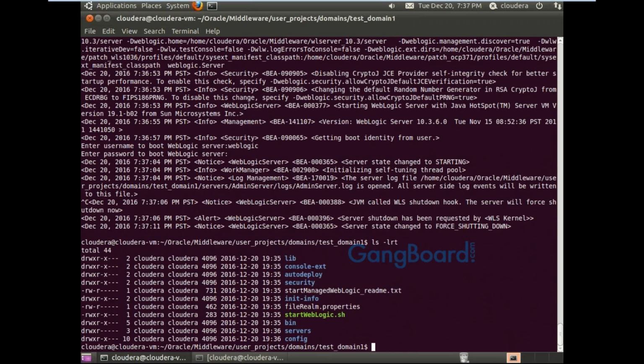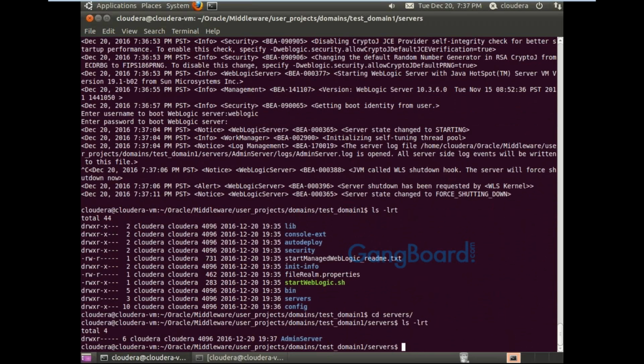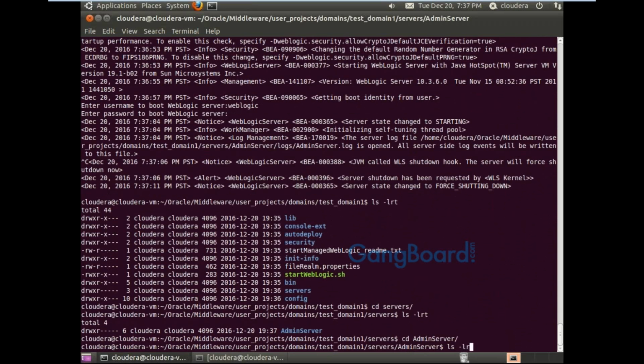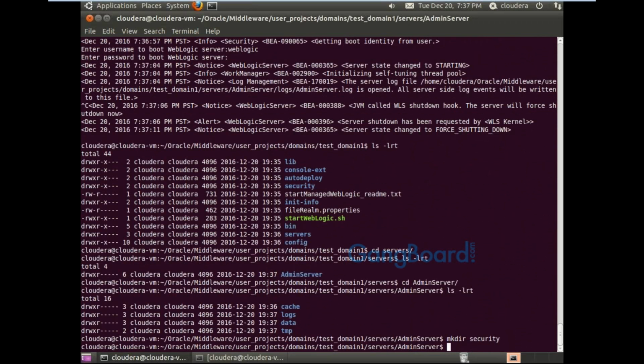cd server, then the admin server. There is no security folder, so I am creating the security folder again.